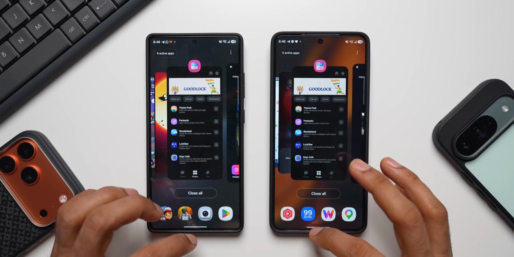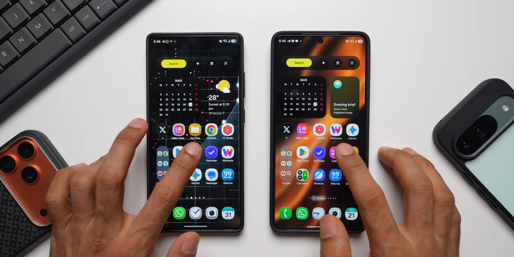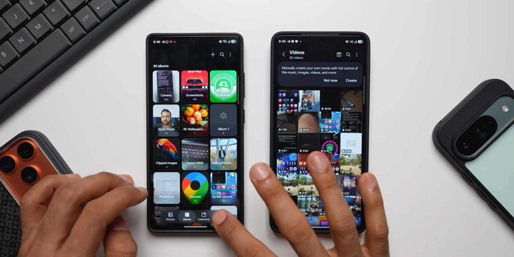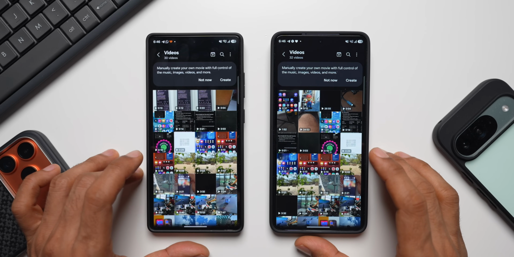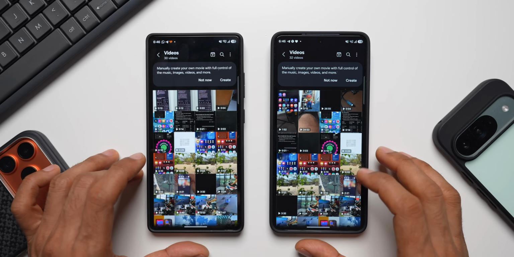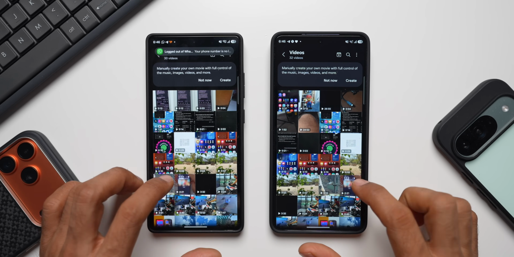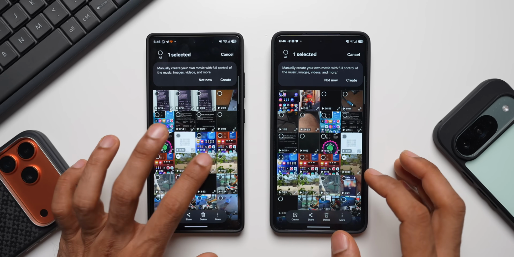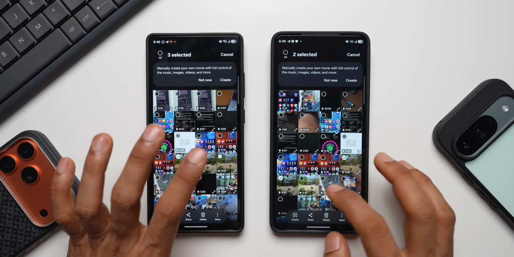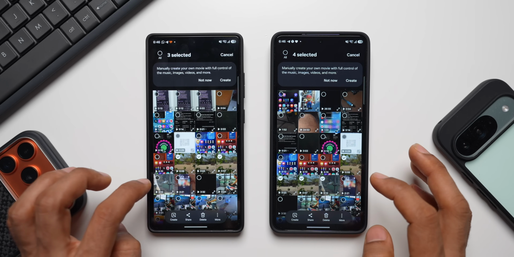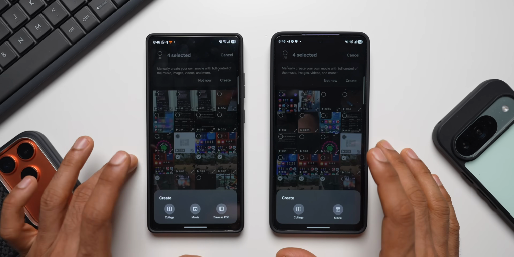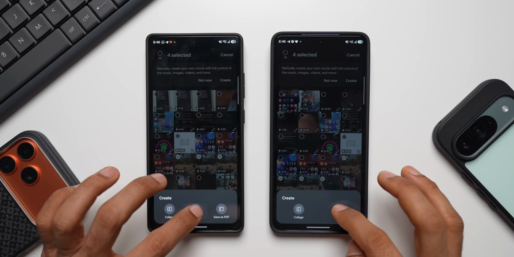So what we will do is we will go to the gallery here and we will select the video clips. Let's go to videos, tap on videos, and here we will select a few exact same video clips. I'll go with this 8-second video, 8-second video here, 23 seconds, 23 seconds, 7 seconds, 7 seconds, 12 seconds, 12 seconds. And now let's tap on create and tap on movie,